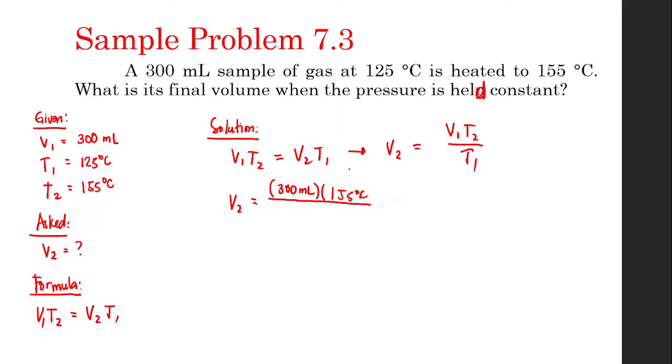But this time you have to change 155 Celsius to Kelvin. So you have to change your temperature to Kelvin. So that's 155 degrees Celsius plus 273.15, which is equal to